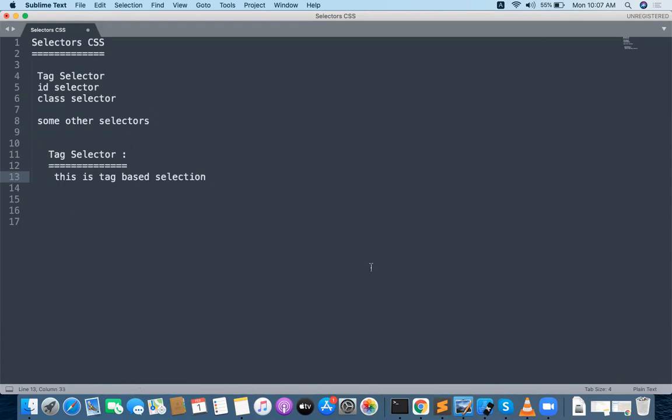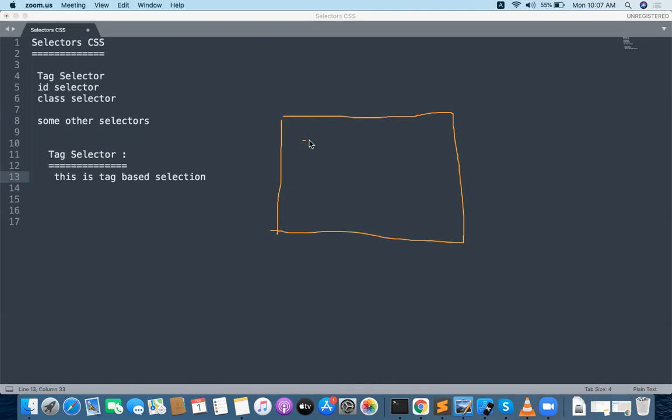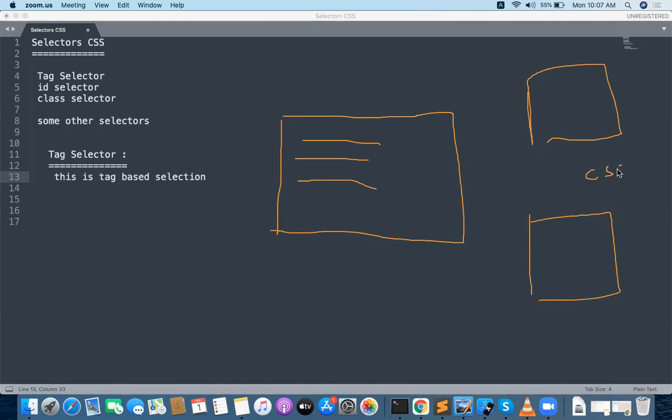Okay, for example, there is one simple HTML available here. In the body, I'll have a lot of tags like this. Here I'll have some CSS and here I'll have some JavaScript. In CSS I need to access something, and in JavaScript I can access something. This is the HTML file. From the HTML file, I want to access this particular element in the CSS if I want to apply some color.